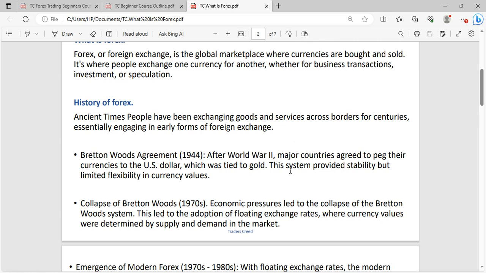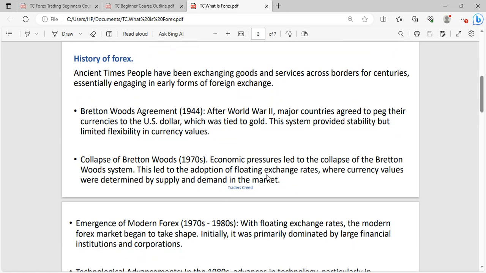So they used the Bretton Woods agreement where we decided to use the dollar, which was also tied to gold, to determine the value of one currency over another. But yeah, it collapsed, which led to the current system we use, the birth of the modern day foreign exchange market, which relies totally on supply and demand. The supply of one currency over the demand of another. So that's how we can currently place the value on a particular currency.